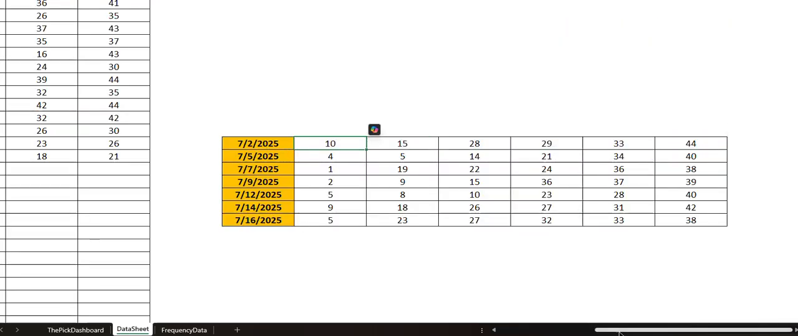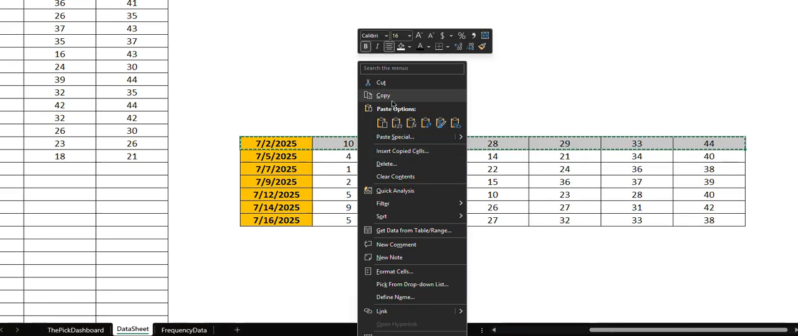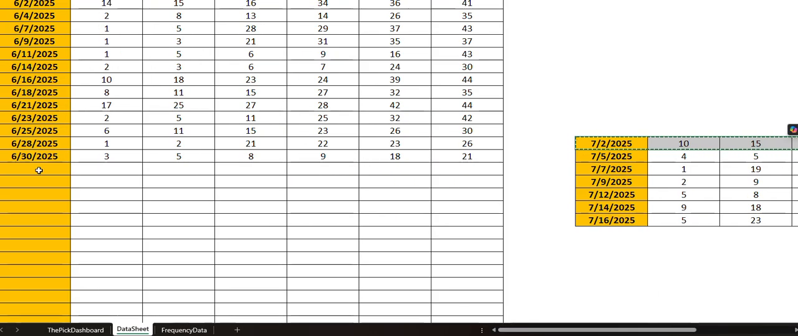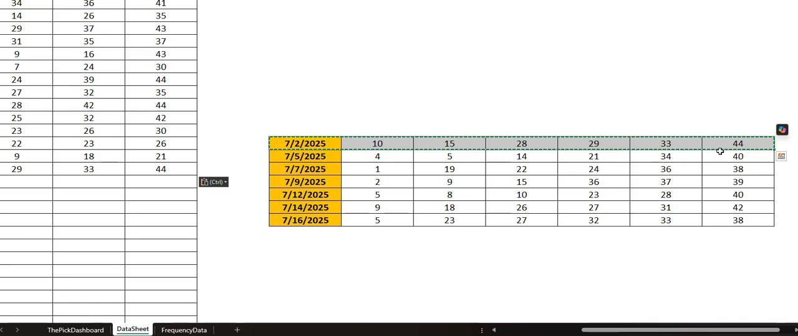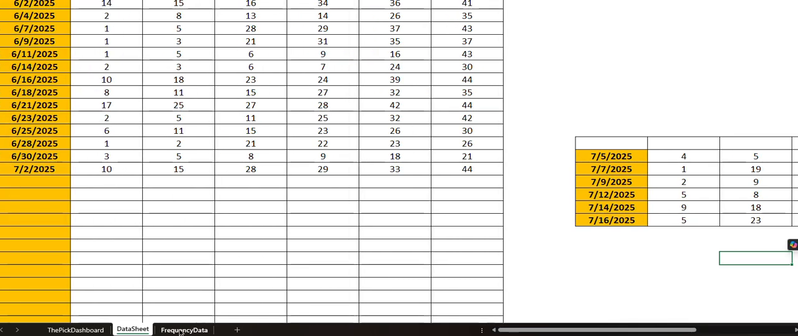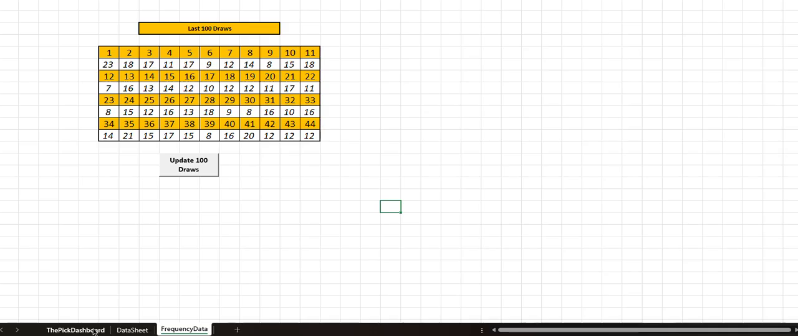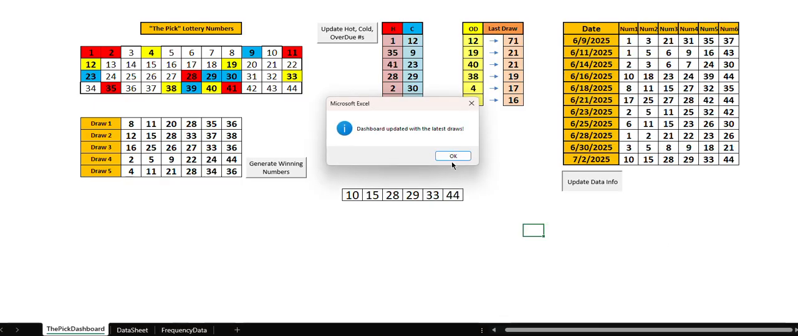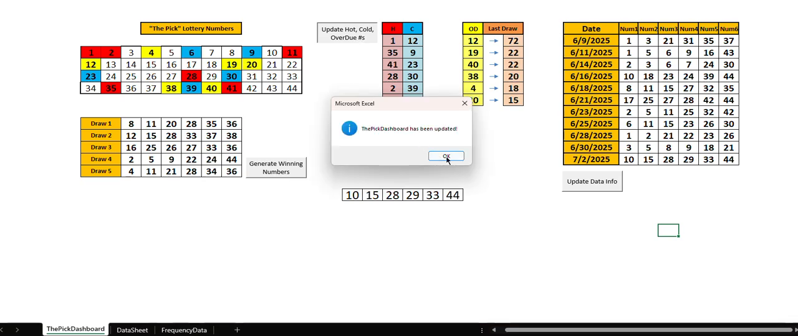Let's go ahead and put this number back in. Let's copy it and paste it here, and we can delete the number over here. Delete, and there we go. Now we can hit the frequency update. It's updated the numbers for us, and this will be updated as well. See, now it goes to the second. And now we can update the hot and cold numbers,